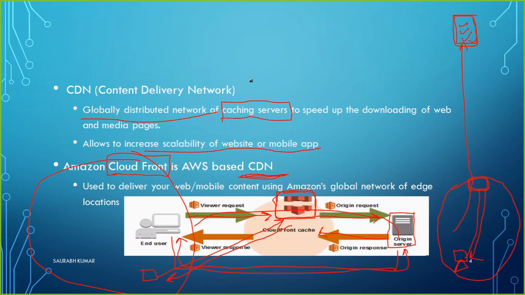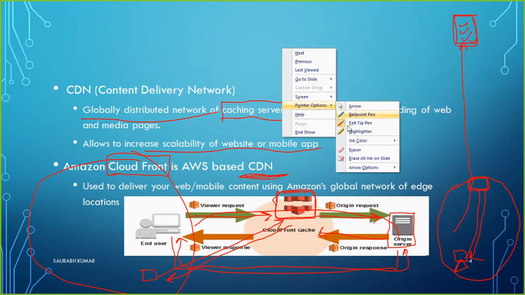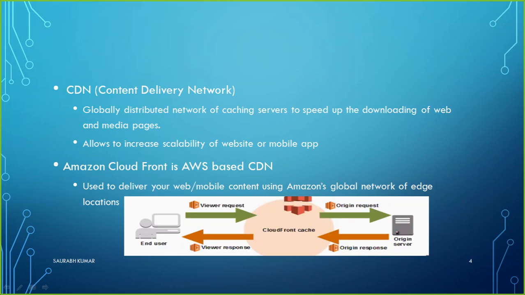What is happening here now? If I remove all the ink from here, you see this is where my origin server is, or maybe my bucket is, which is storing the original data. But because we created the CloudFront cache, whatever data we have here is being cached and stored here also. So now if I am requesting a second time, my request is coming to the cache server and the cache server is going to respond back. My request doesn't need to go from the cache to the origin server because of this.